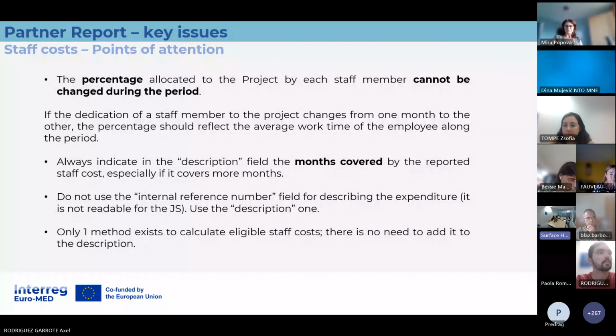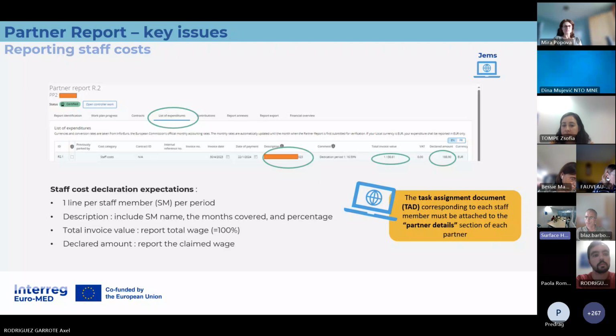Two questions again on staff cost. Is it only the legal representative that can sign the staff task assignment template, or can it be signed by the general director? It depends on the internal regulation of the entity, so we cannot answer that for sure. Ask the person responsible for it in your organization.